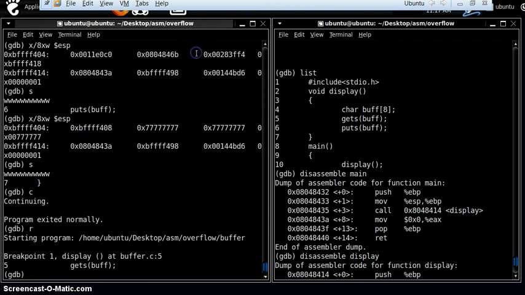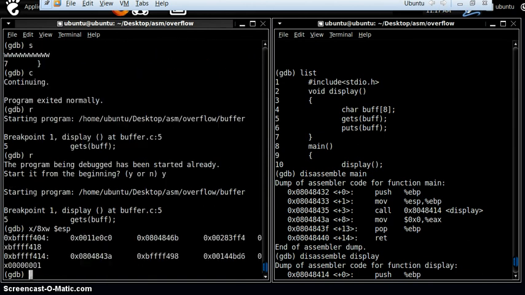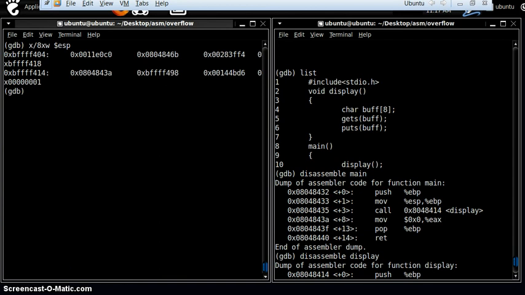We are on to getting the buffer back. Okay, now let's step over. Now all the values are good. EBP, return address. So this time let's feed some value: 3, 4, 5, 6, 7, 8, 9, 10, 11, 12. Okay, I have fed 12 values.